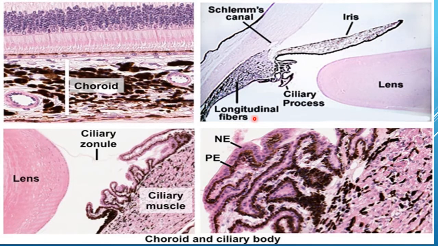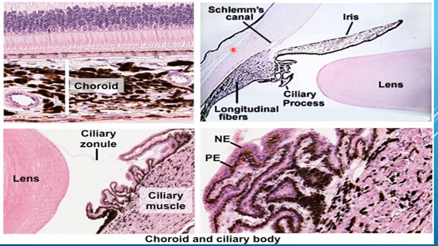So here I am going to show you the pictures which I hope would improve your knowledge about the ciliary body. Here you can see the choroid, which is the dark stained, dark colored coat. It is vascular. You can appreciate the blood vessels present in the choroid, which also has melanocytes showing you the pigments in the choroid. So this is the choroid, and here this is the retina, the next layer.